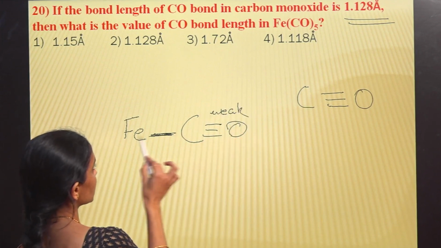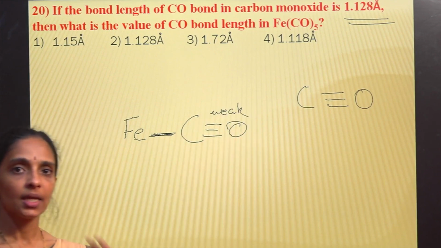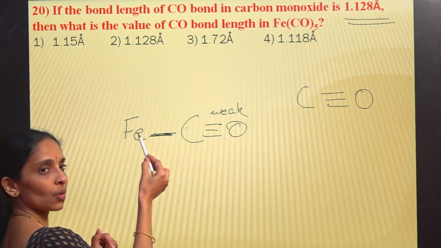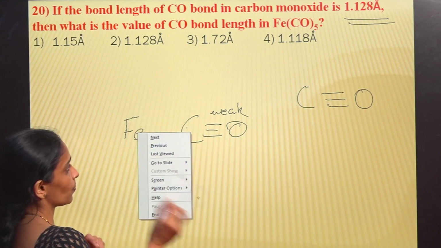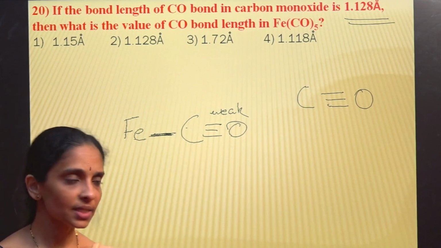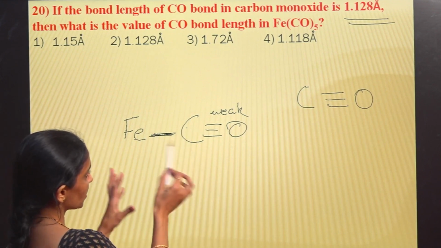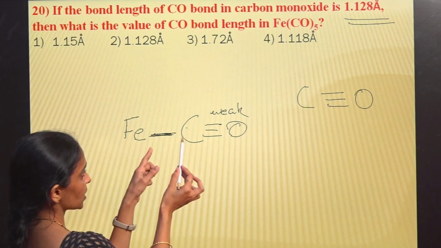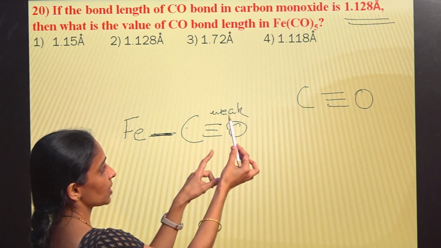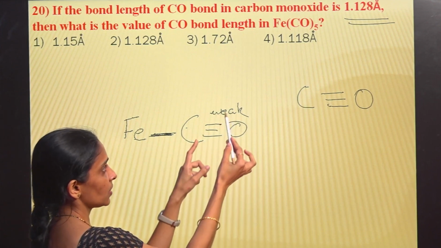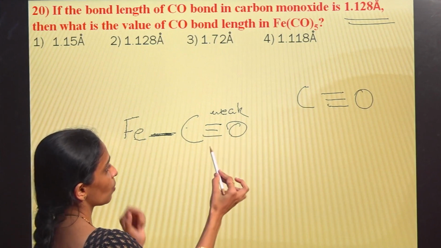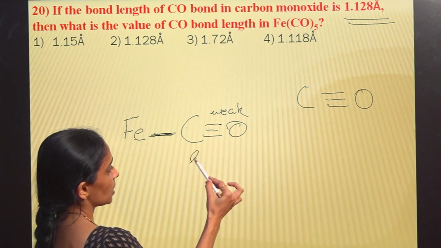The metal carbon interaction happens in two ways, is it not? Ligand gives electrons to metal and metal also gets involved in back bonding. It gives its electrons to the ligand. So when they interact in two ways, the carbon-oxygen interaction becomes weak,